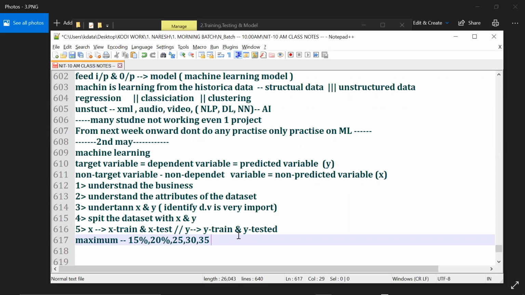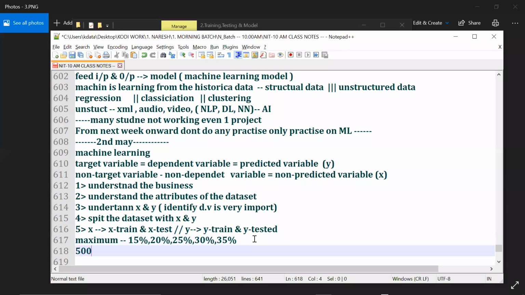If I have 500 records, what would be 25% of the records? Check and tell me, guys. 125.